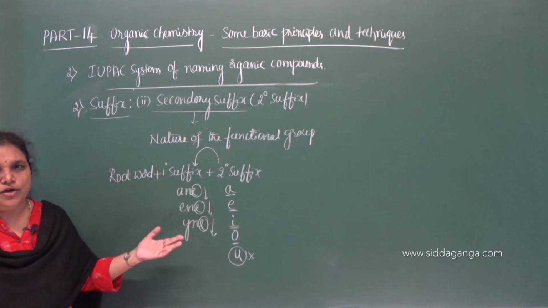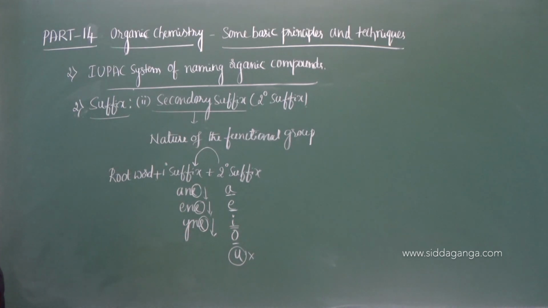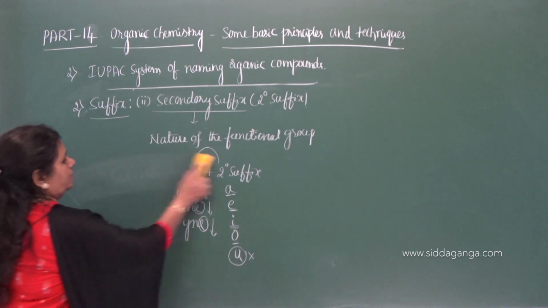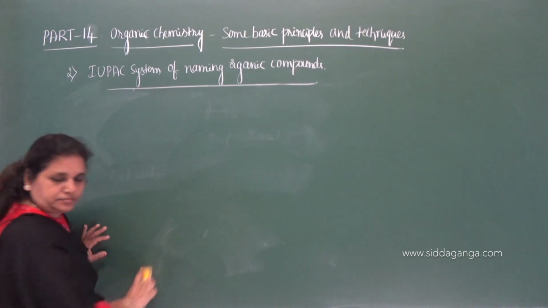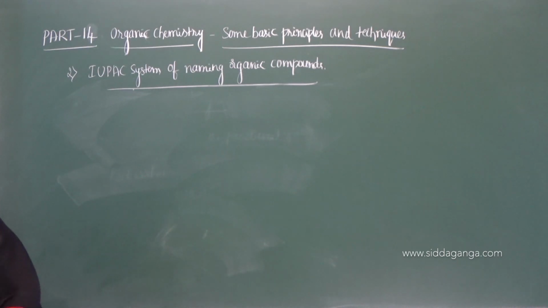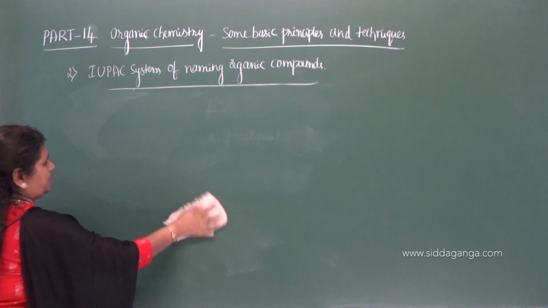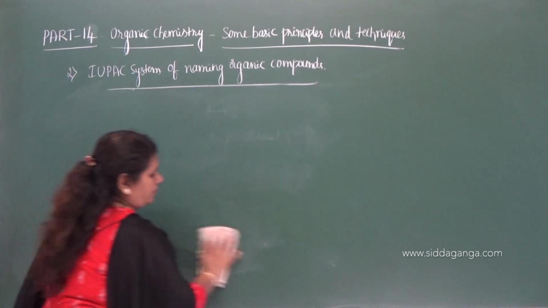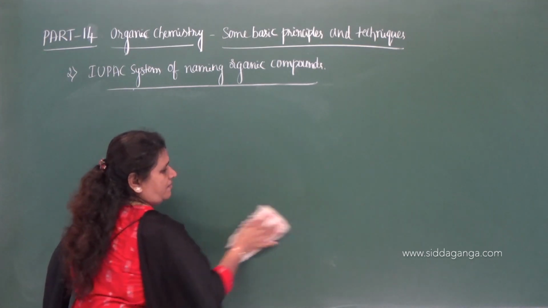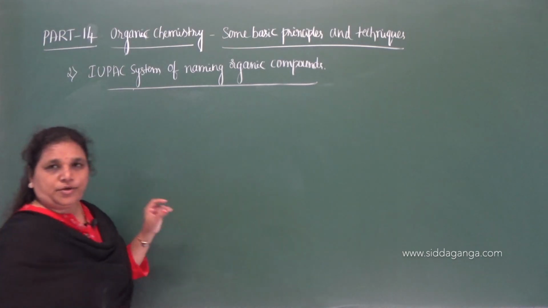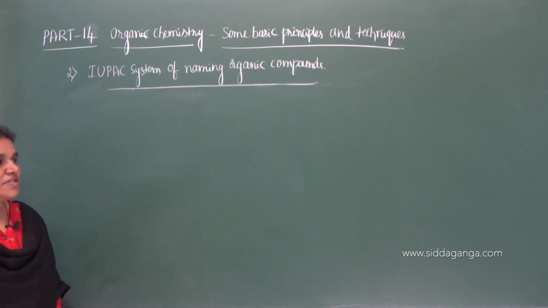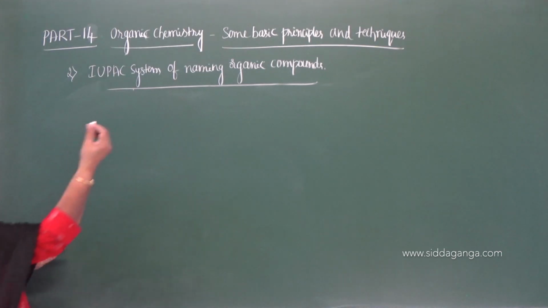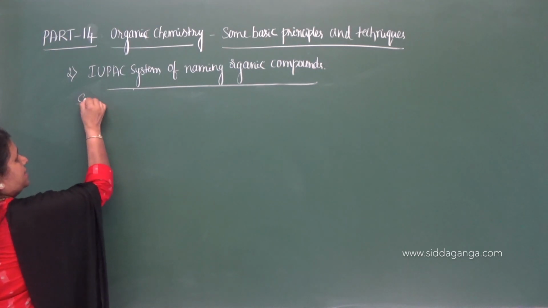Okay. Now, let us move on to what are all the secondary suffixes that we can give for different functional groups. So, write on the table for secondary suffix now. So, you need to practice all these tables, whatever I am giving in the 3 parts of the IUPAC name. You have to remember the root word, primary suffix, secondary suffix and also prefix. Okay. Now, let us move on to the secondary suffix.